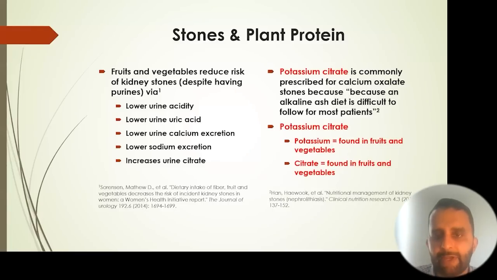Because plant foods have citrate and potassium, you can actually use them to treat stones. And actually, the opposite has been done in the medical profession for decades. Instead of recommending folks eat fruits and vegetables, we've been prescribing the relevant elements or micronutrients in the form of a tablet. We've just been giving patients with this problem potassium citrate, which is commonly prescribed for those with calcium oxalate stones, because, quote unquote, an alkaline ash diet or a vegetarian diet is too difficult to follow